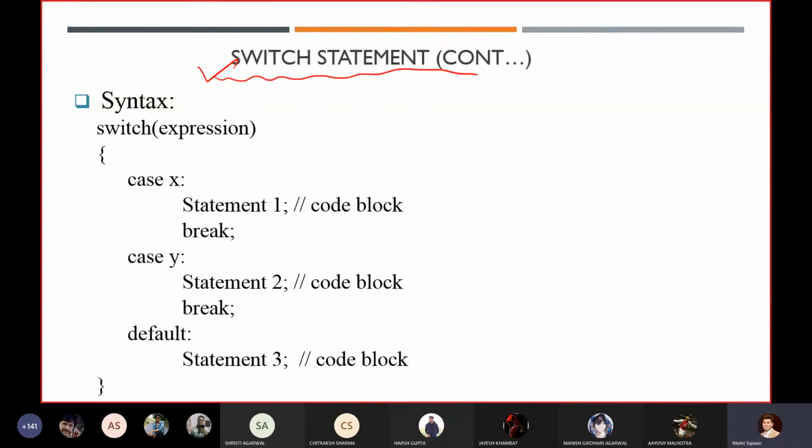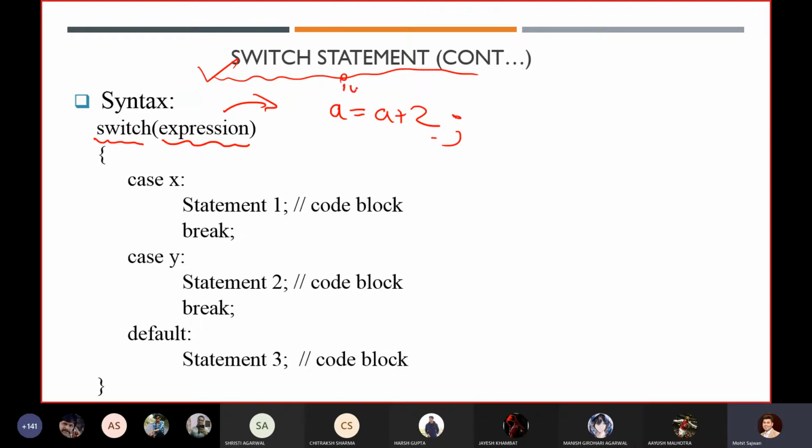Okay, so this is the syntax of your switch statement. Always remember this switch is in lower case. I have seen that sometimes students write it in capital letters or uppercase. So always remember that switch should be in lower case. Then whatever expression you want to write, even a equals a plus 2 over there, it will not create any issue.